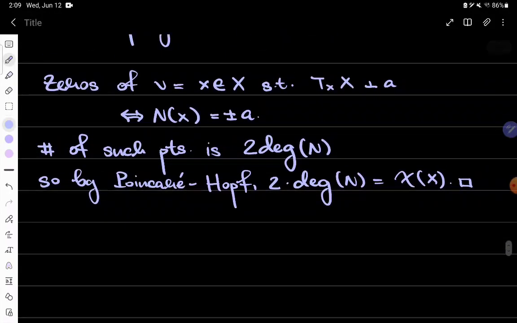One small thing we can ask, I'll just say this out loud, what goes wrong when n is odd? We remember that we said this proof works when n is even. Then the sum of the intersection indices for these antipodal points, so the degree of the antipodal map, is 0 for even n. It's not so for odd n. So if we have opposite points, then they cancel each other out for even n. But then the antipodal map reverses orientation, so we don't get this kind of cancellation when n is odd.